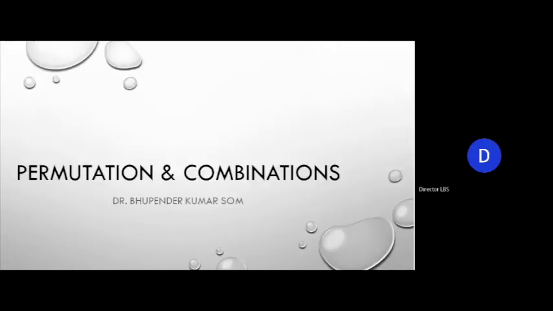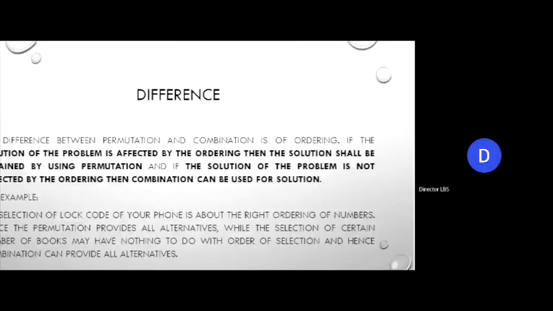In the last class, I started with this particular thing. So I'll be talking about permutation and combination once again, just a refresher from the previous class. This slide represents the difference between permutation and combination. So what I'm trying to tell you is, while counting all the possibilities or alternatives, if order matters,